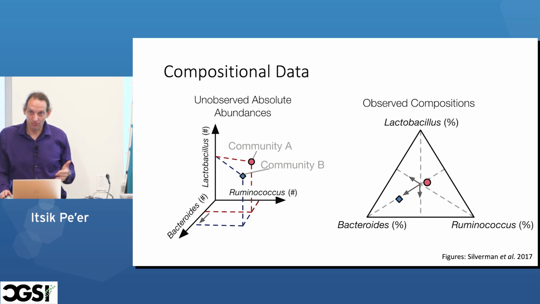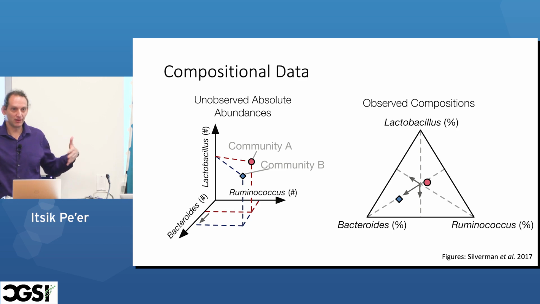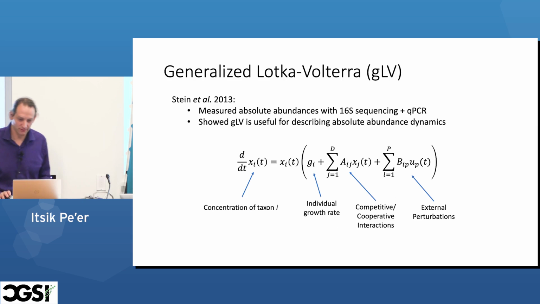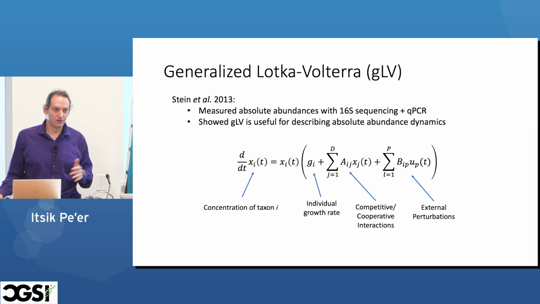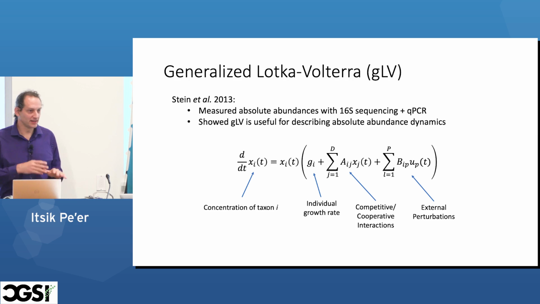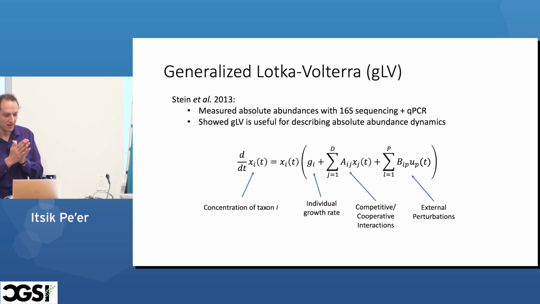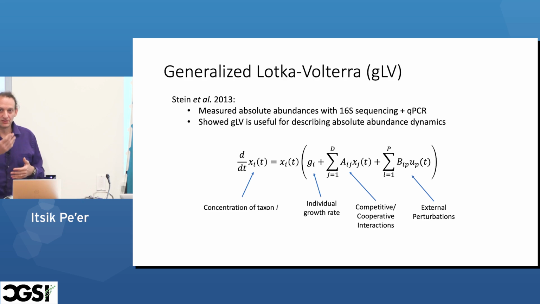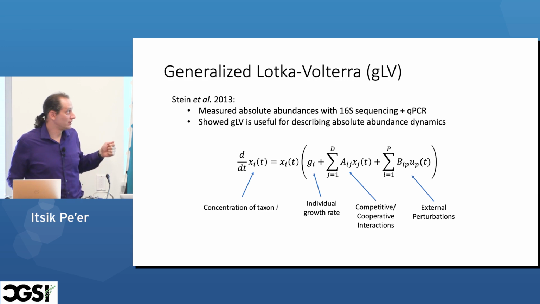a common ecological model to think about dynamics of complex systems of multiple species is the Lotka-Volterra differential equations. People may be familiar with them from predator-prey kind of systems. You have rabbits and foxes. If you have too few rabbits, then the foxes starve, and so on. And so the same kind of principles you can envision as governing the dynamics of bacterial systems.